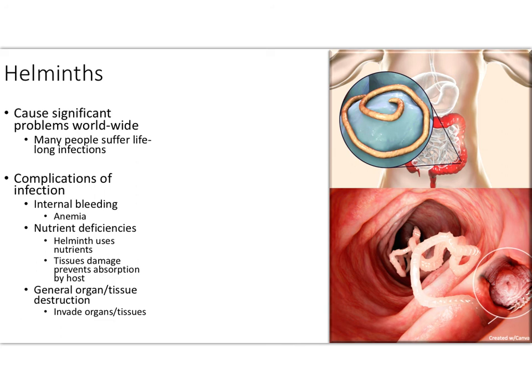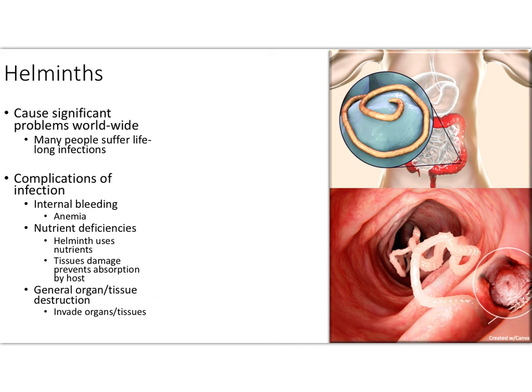In places where there is not necessarily a great sanitation system, where human waste is not dealt with in the ways that we know that it needs to be dealt with to fully make sure it's not getting back into our food system or our water system or onto crops and things like that, helminth infections are